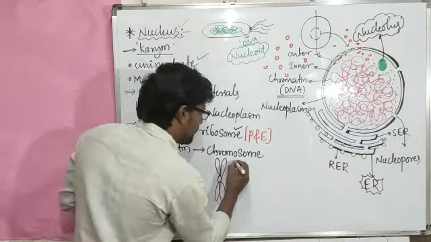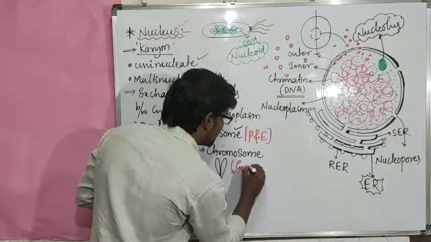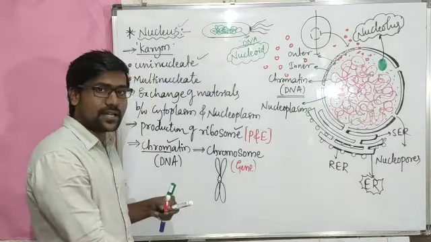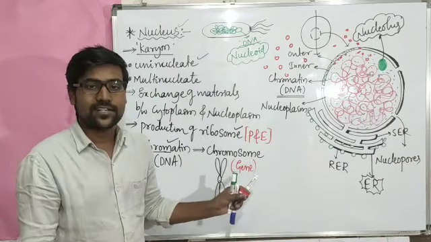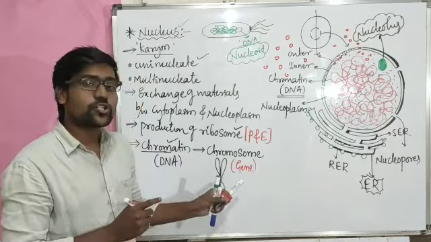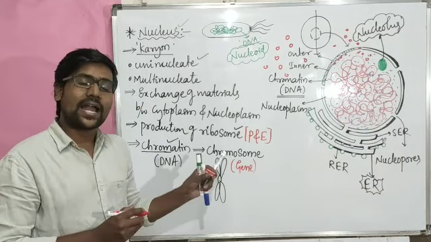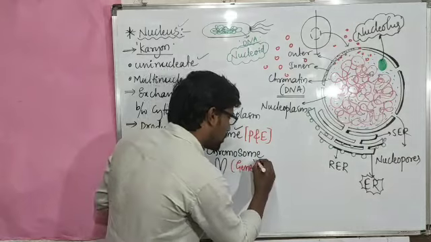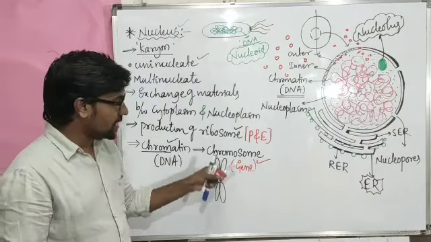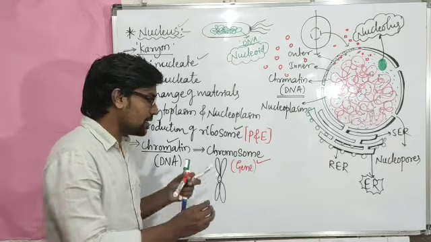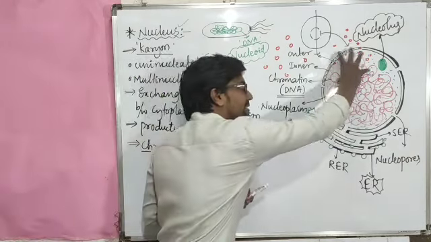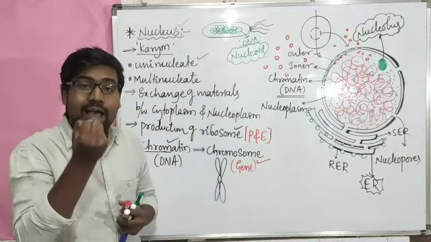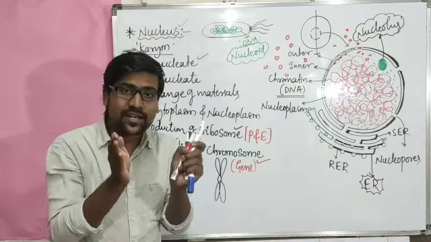And this chromosome has an important portion, that is a gene. As we already know, genes control characters, genetics. We heard the term father of genetics, Gregor Johann Mendel. Mendel majorly focused on characters, and the study of those characters is majorly controlled by genes. So genes are present on the chromosome. That means for the genes, the location is the chromosome. And here this DNA has information, and that information is present in secret form.